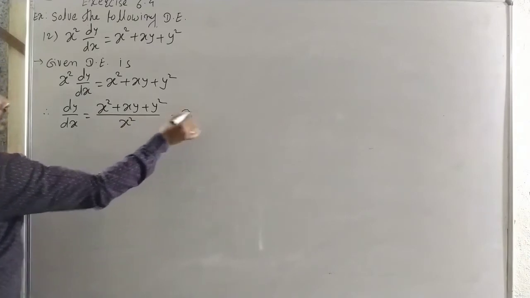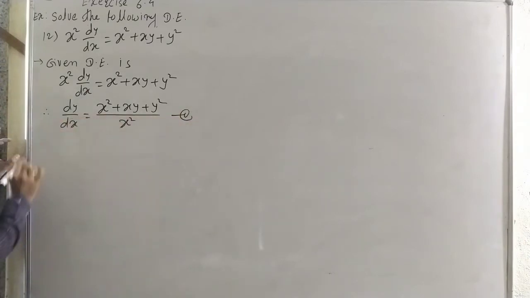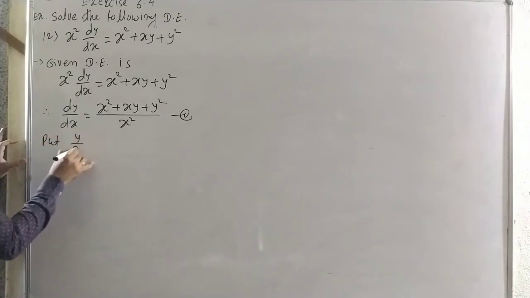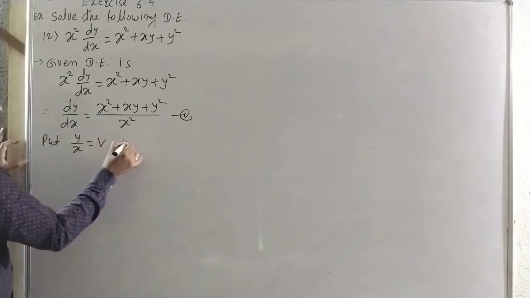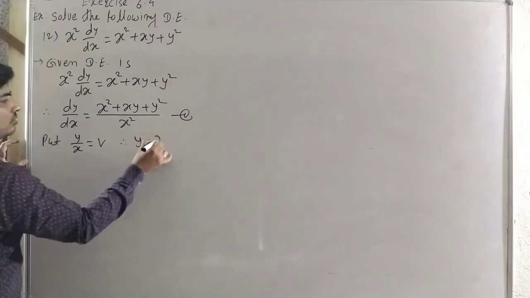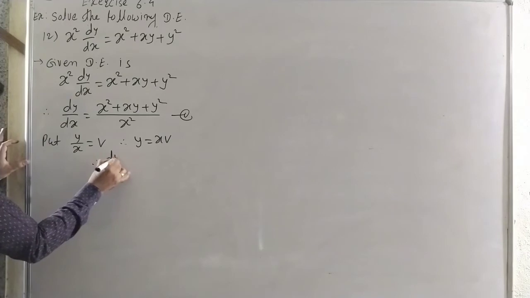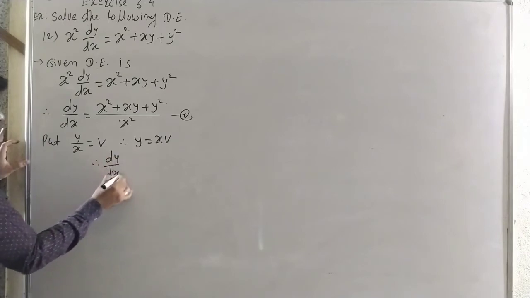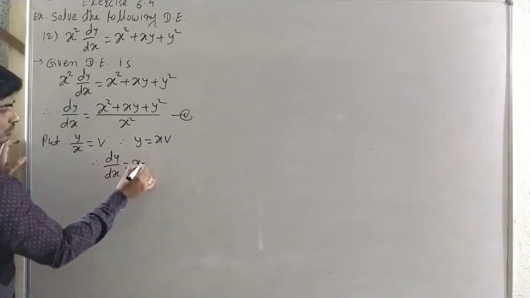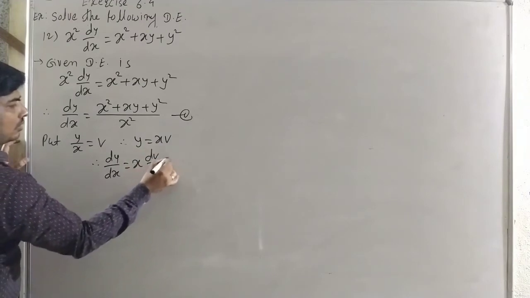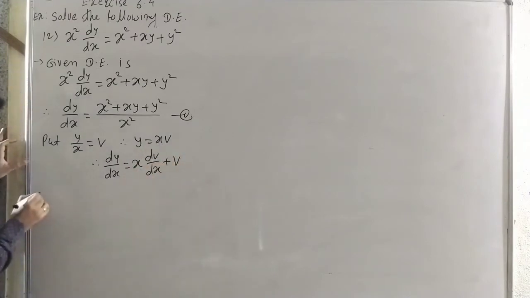It is equation number 1. It is the given homogeneous differential equation. Put y by x is equal to v. Therefore y is equal to xv. Differentiate with respect to x. dy by dx is equal to x into dv by dx plus v into 1. Then equation 1 becomes